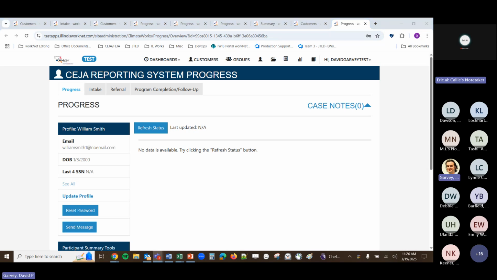Let's see, it looks like there is a question in the chat. When it is corrected, will there be authorization issues for support staff who might be assisting with intake? No. Yeah, no, there shouldn't be any authorization issues. I kind of think what's happening is that URL that keeps saying not authorized is directing to a page that may not actually exist, and the system is kind of confused, or it's something only programmers can see. But no, when it is corrected, we won't be having any issues with prior staff or prior customer records.